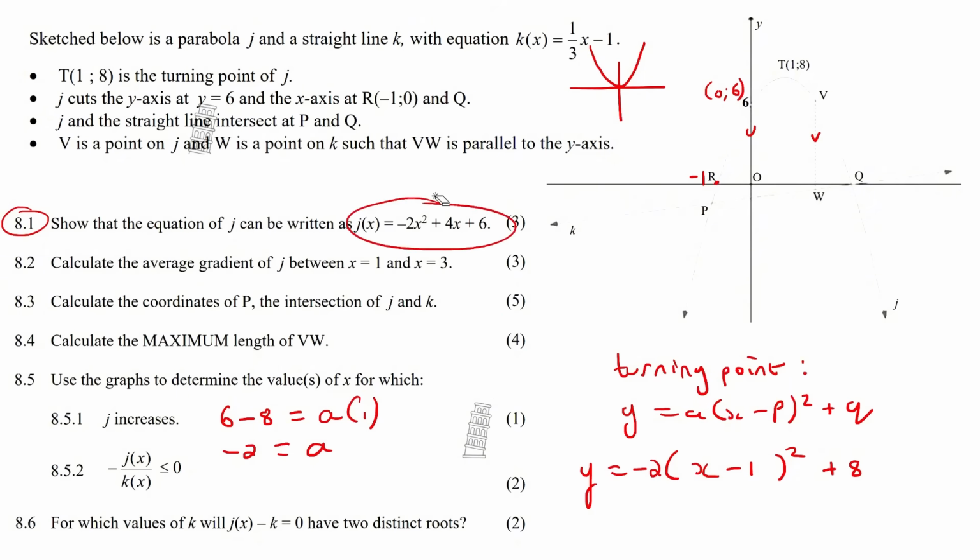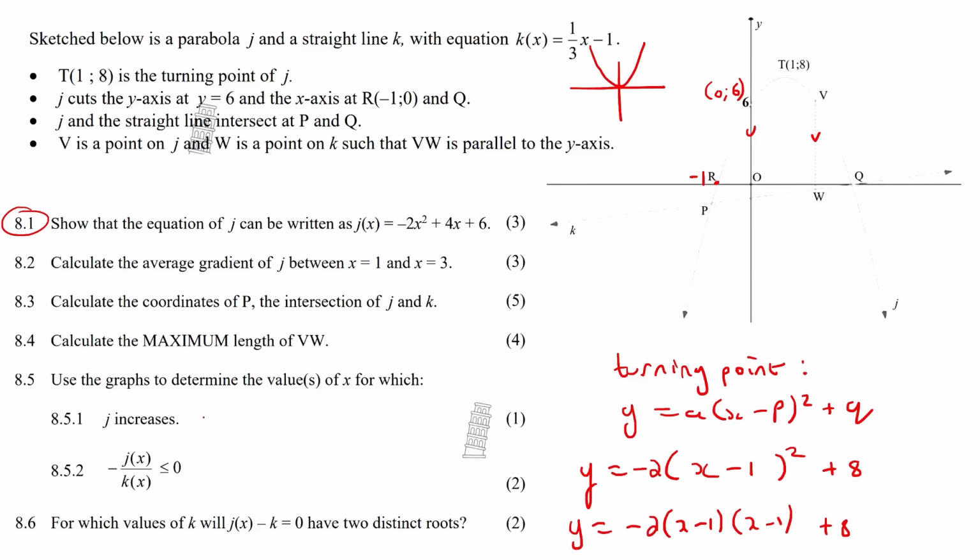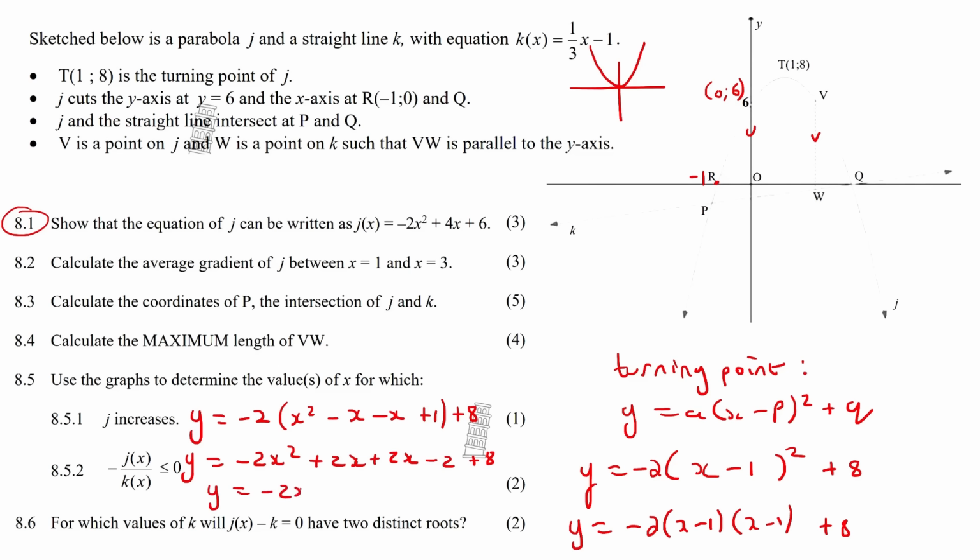Now, to get it to look like that, we're just going to multiply out. We're going to say x minus 1, x minus 1, and then multiply the x minus 1s together. That's going to be x squared minus x plus 1, and then plus 8. And then that's going to be minus 2x squared plus 2x plus 2x minus 2 plus 8. And so y is going to be minus 2x squared plus 4x plus 6. And that's exactly